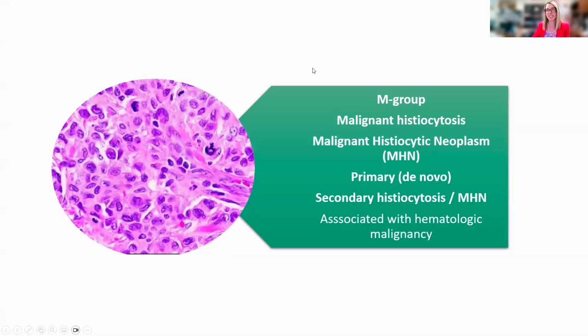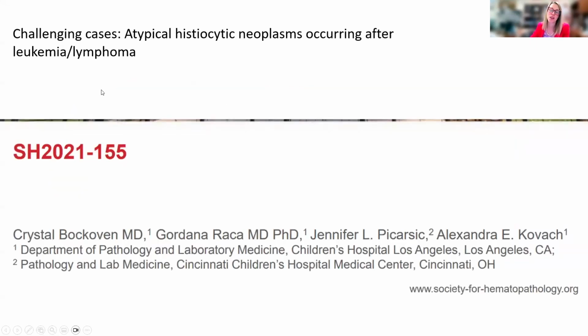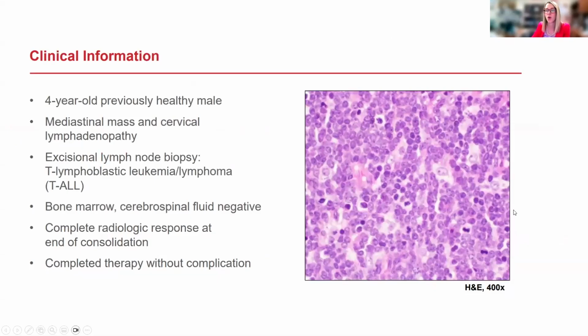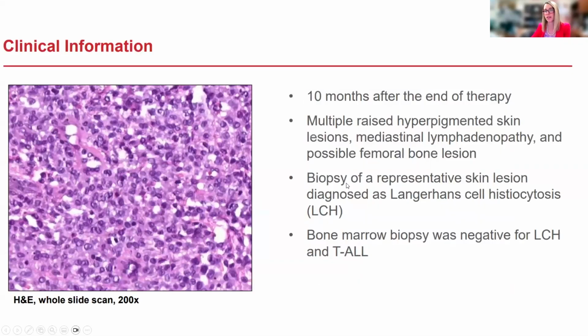Okay, so moving on to this last group of our alphabet soup of the M group. So this is a case that we had presented back in 2021 at one of the Society for Hemopath conferences. And I think it's a nice example to recapitulate all of this. So this was a 4-year-old who had an ALL diagnosis from a lymph node biopsy. His marrow and CSF were negative, but he went through treatment, completed good radiographic response, completed therapy without any complication,